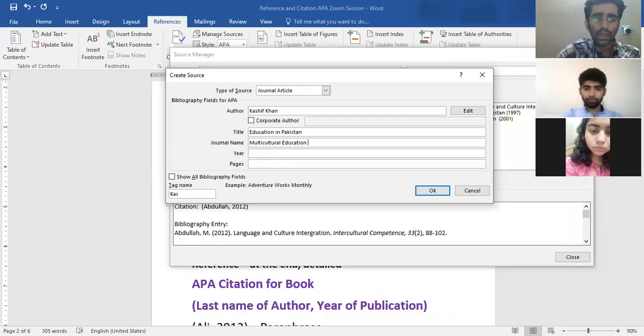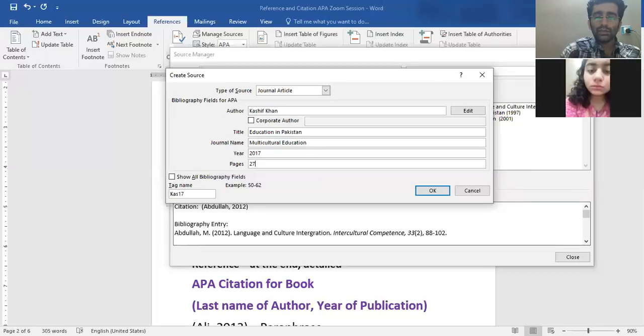So all we are doing is adding values to these fields. Now we add the year of publication of the article, say for example 2017, and then we add the page range. I hope these concepts are already clear to you. If not, please go to the previous video and learn what these things are. I can't explain them right now. Page range is where in your journal this article can be found. So say for example, it's placed at page number 27 to 42.